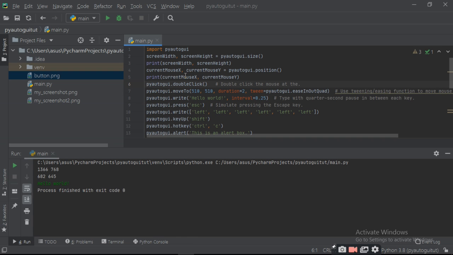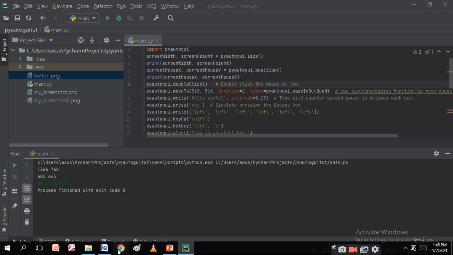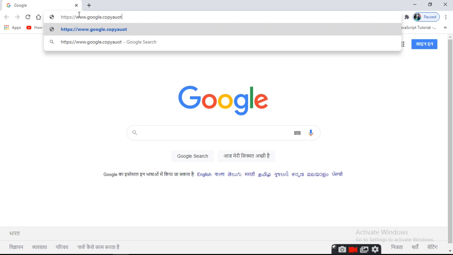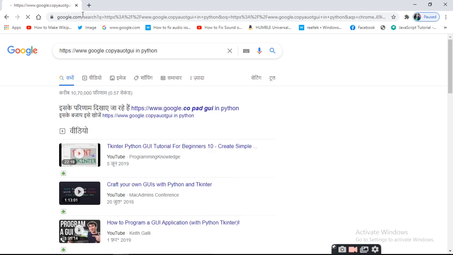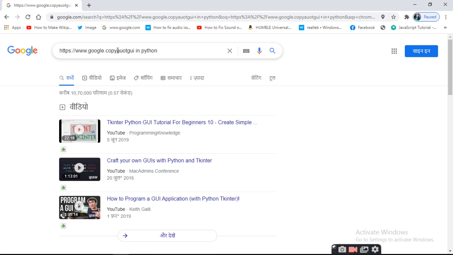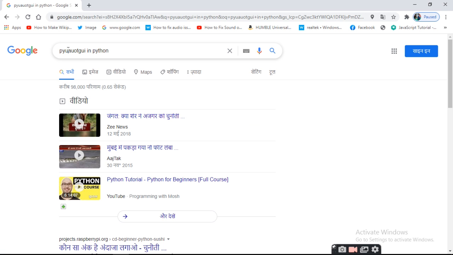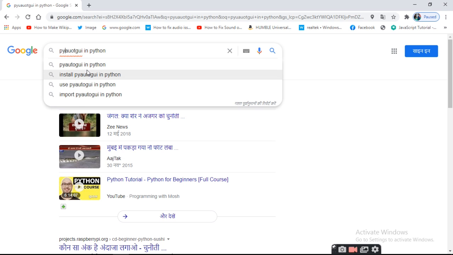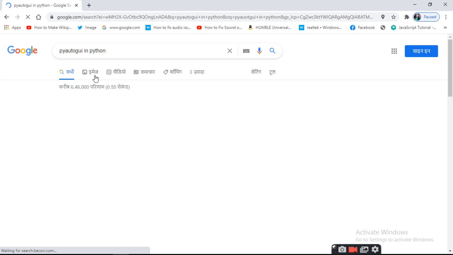For that you have to import PyAutoGUI. So you go to Google, there you write PyAutoGUI in Python. It will give you a library, and you get PyAutoGUI from there and install it in your system.